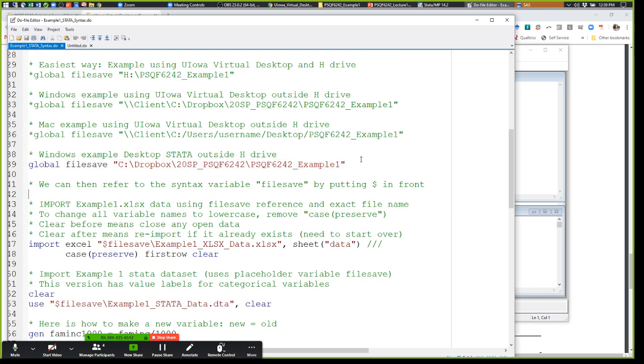So step 6 refers to figuring out what to put here instead that tells it where your stuff is. That is literally the hardest part of this entire thing, is getting your computer to communicate. You having troubles with that? Yep, it's non-trivial. In part because of the difference between Windows and Macs.